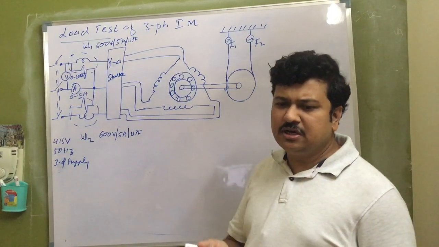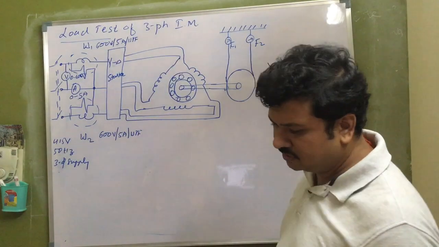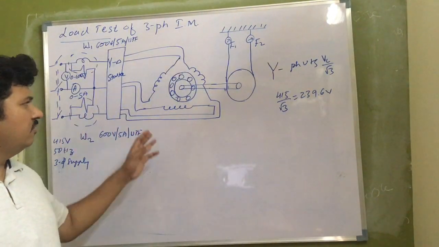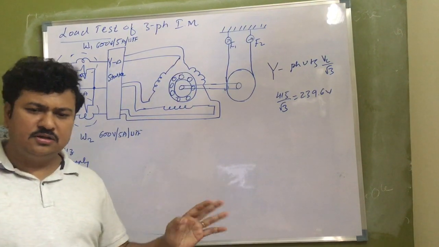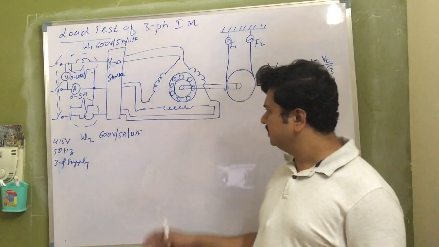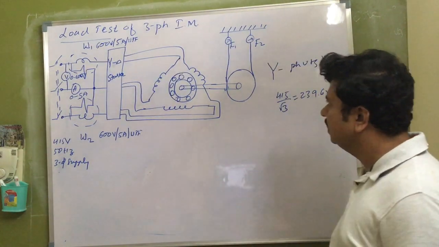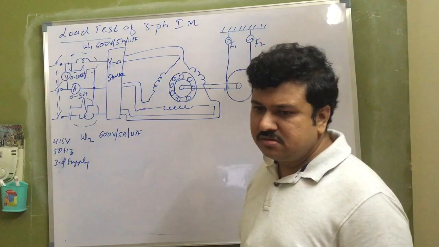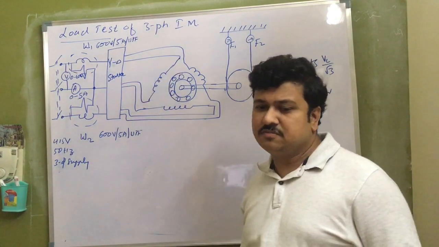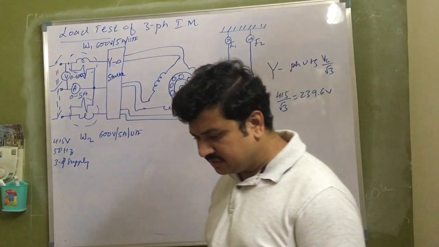It is connected in star because it can be started with rotor resistance or stator resistance starter. Resistance starters are generally used with slip ring induction motors, though we can connect the stator of a slip ring motor in star, or also in delta. There is no compulsion, but generally for cage motors we use delta connections. Why delta? Because in delta the phase current will be root 3 times smaller than the line current. In star, line and phase currents are the same.